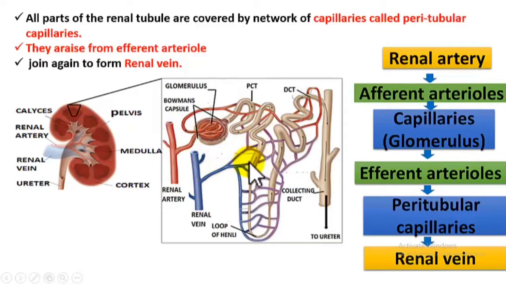So capillaries anni మామూలుగా అయితే ఏమవుతాయి, they join and form venules, small veins form అవుతాయి, దాని మళ్ళీ ఏమవుతుంది మెయిన్ vein form అవుతుంది. So like that here also the peritubular capillaries they join to form venules. These are all venules. The venules again join to form renal vein. So that renal vein comes out of kidney and takes deoxygenated and waste free blood to the heart, and now heart sends that blood to lungs for oxygenation, and then it sends the pure blood for all the parts.